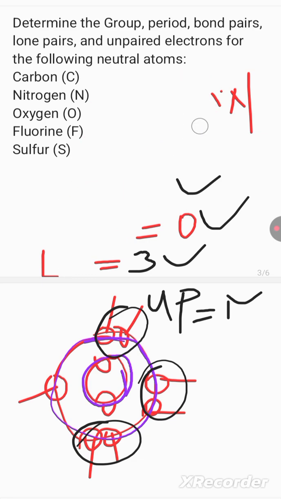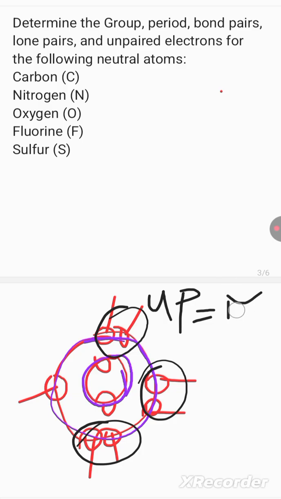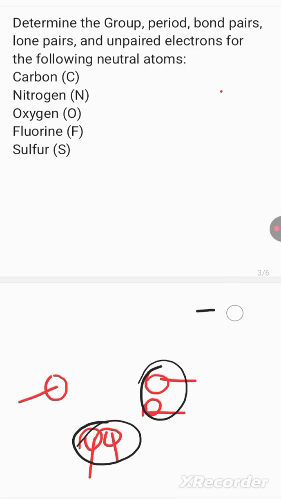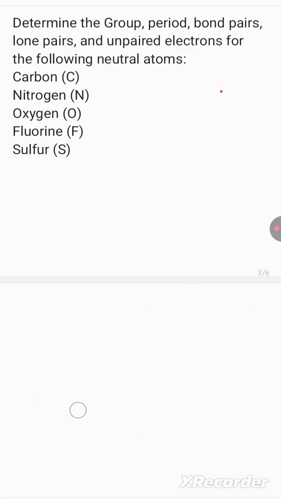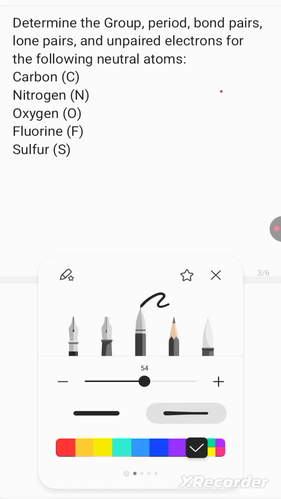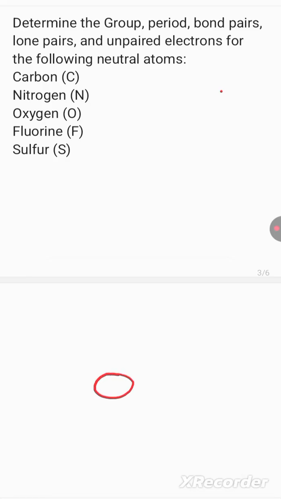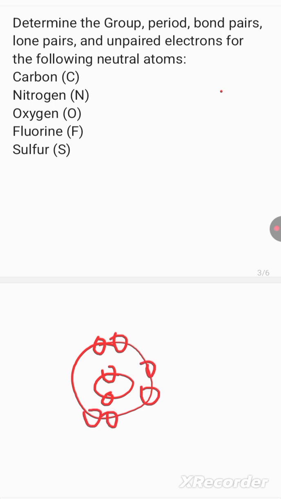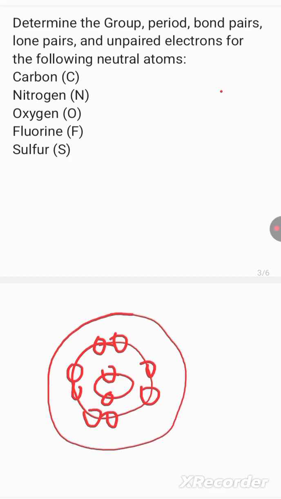So let's take a look at the last question that we have here. So we have the sulfur now. So sulfur, so let's draw the shell. So don't forget the first one will contain 2. So hydrogen, helium, lithium, beryllium, boron, carbon, nitrogen, oxygen, fluorine, neon. So you do another shell. So after neon, the next one is sodium,